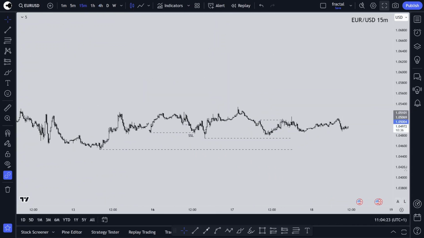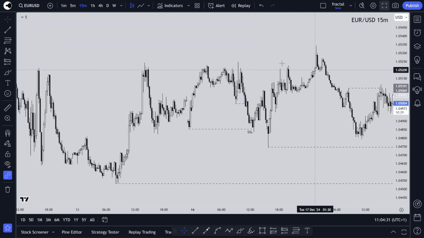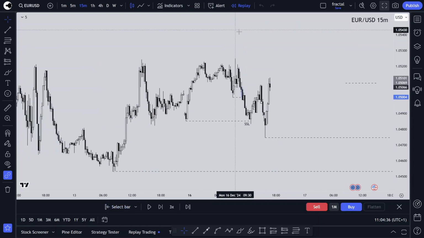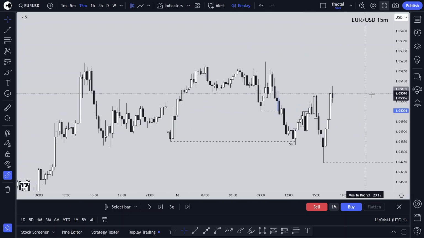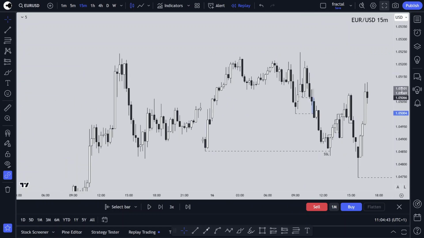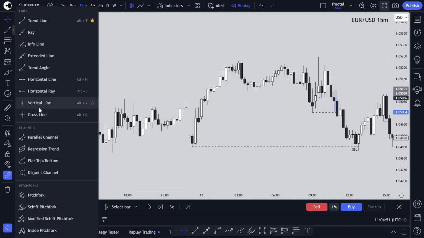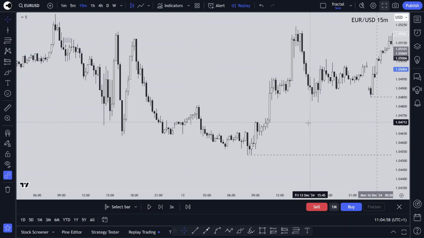And what I noticed on Monday was that we took out very important liquidity. I'll show you in a minute, but before let me cut a slice of chart just to be quick. Okay, so what happened on Monday was that price during a London opening took out liquidity from buy side. So if I put a vertical line at Monday at midnight, but also on Friday, it's really important,